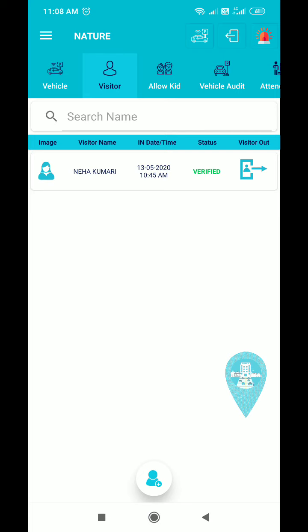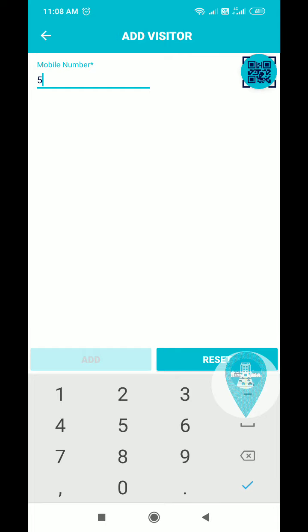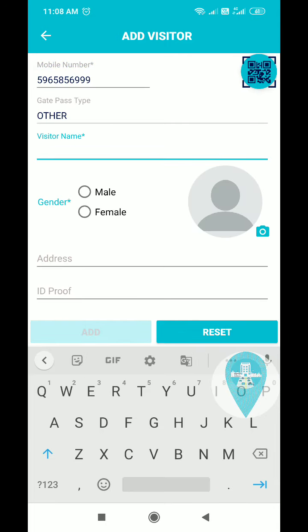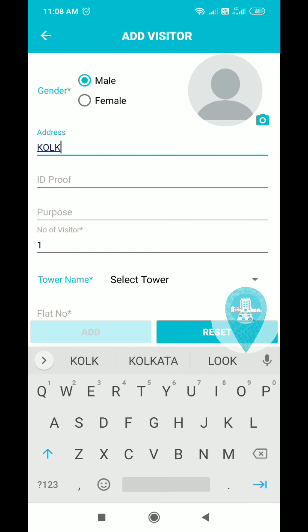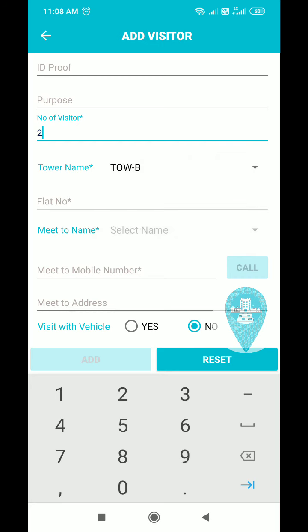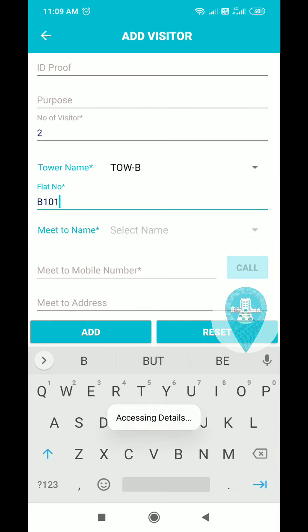So from the gate, if any visitor comes to meet with you, they are given a number, given a name. Coming with two people, I am choosing a tower, and now flat.